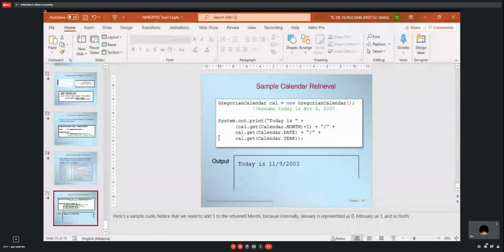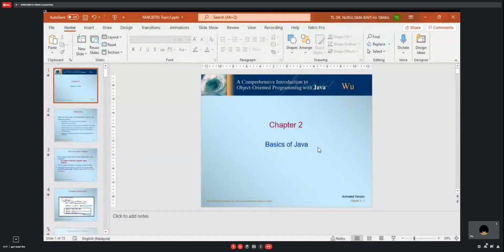So that's about topic 3 on Java programming. Next, we will continue on the selection. For the selections,